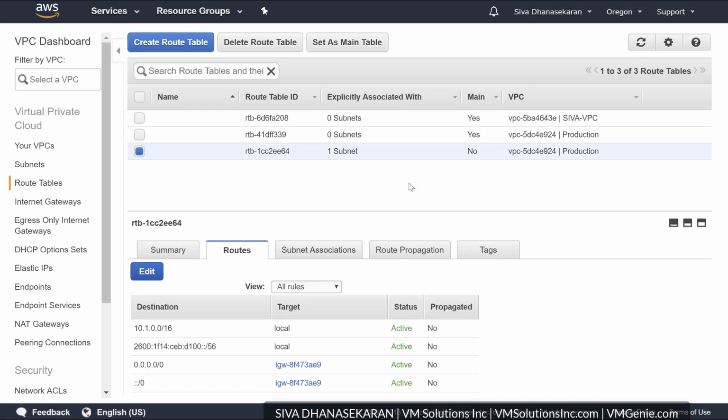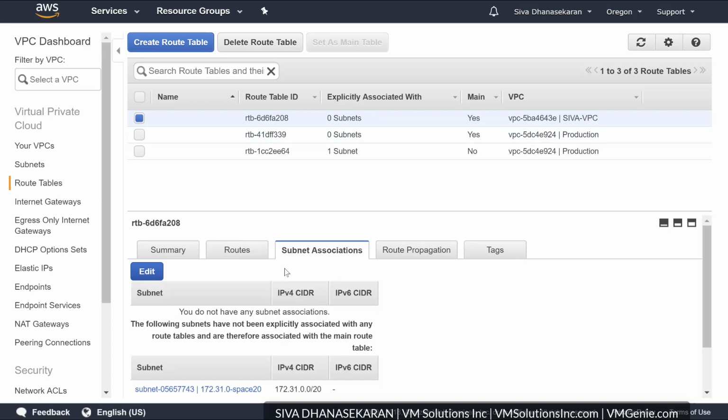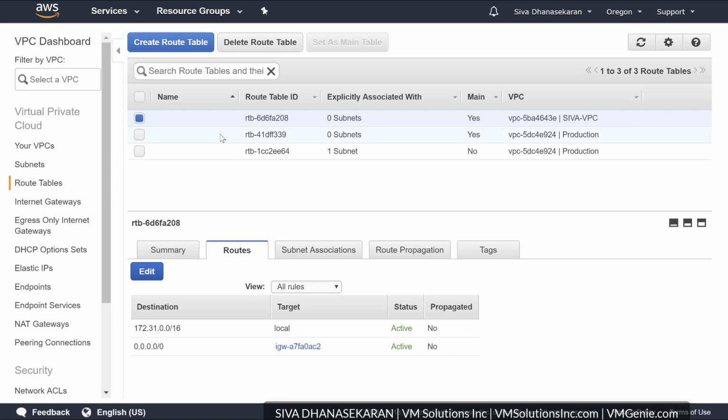Now I must have a route between both the VPCs. I do have this route table already. This is only for the Siva VPC. This routes between VMs within the Siva VPC, and I have one more routing table, that's production.